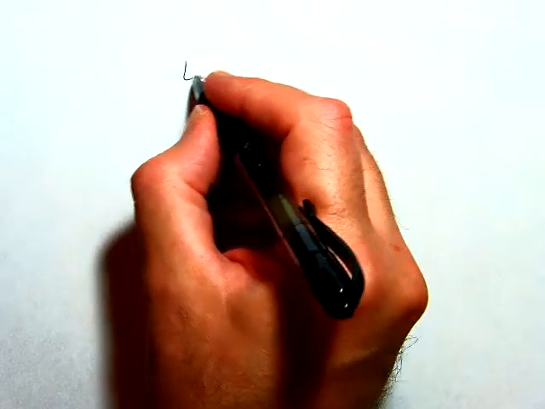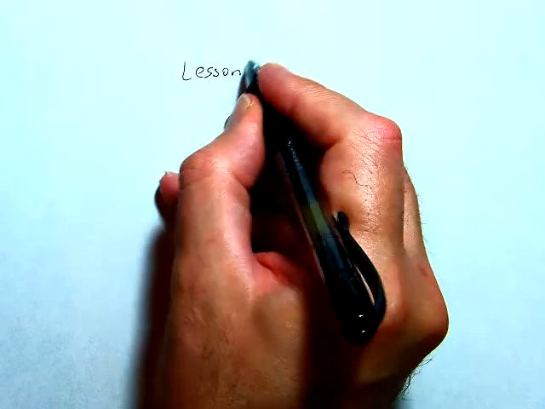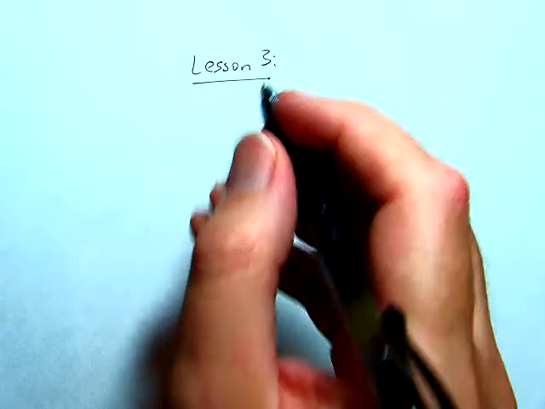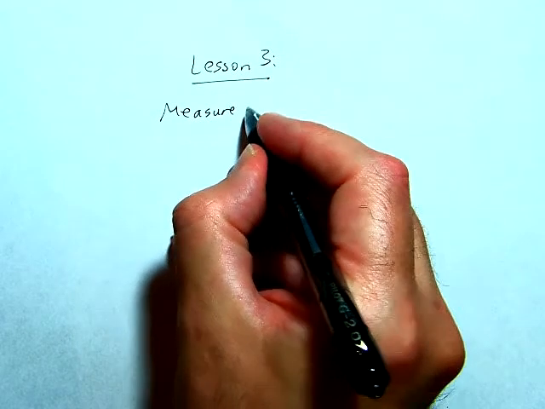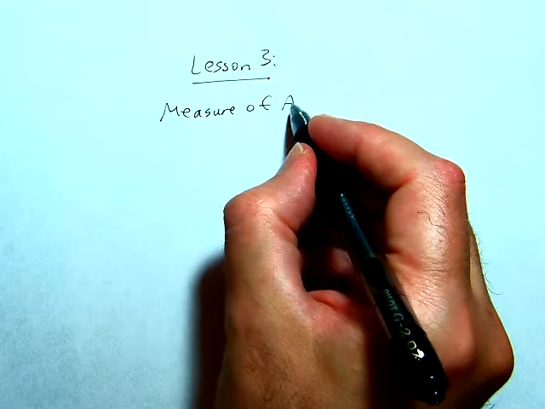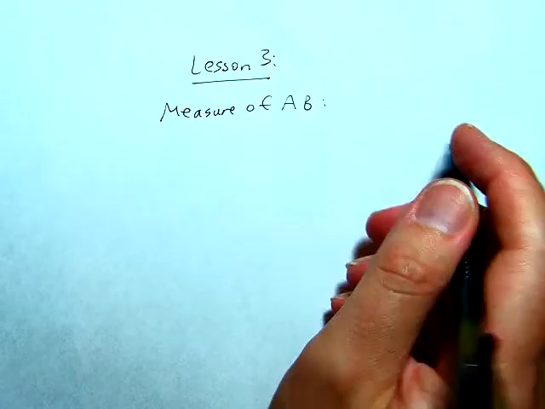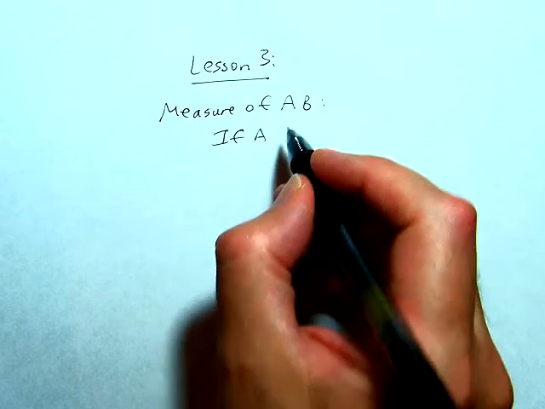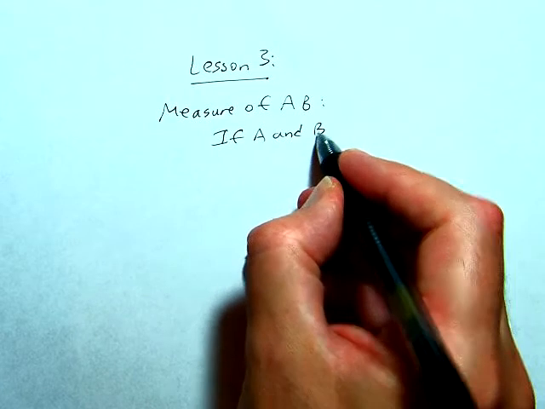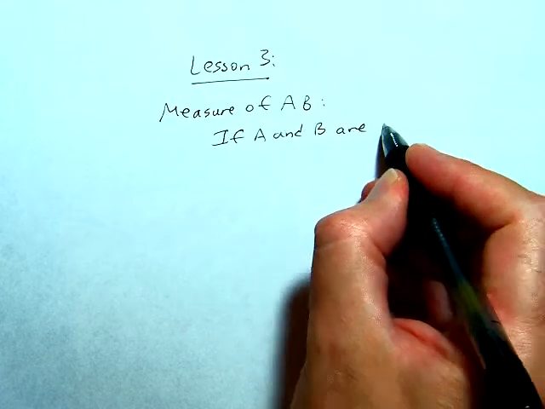I quickly just want to give you a little advanced preview of a couple of the concepts and terms we're going to be using in Lesson 3, just to be sure that we will understand what the measure means. So the measure of AB means that if A and B are numbers on a number line,